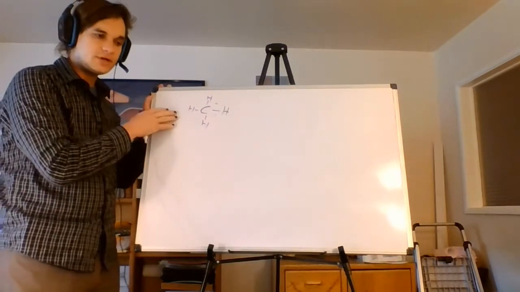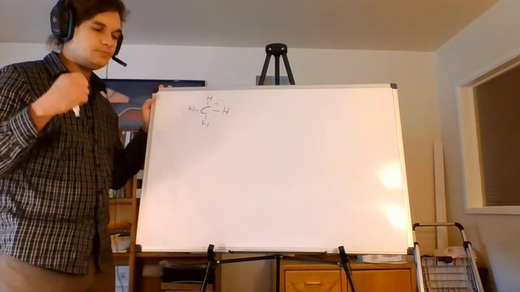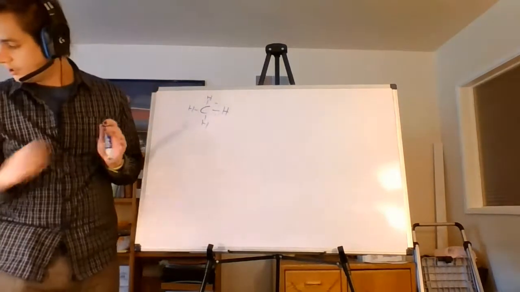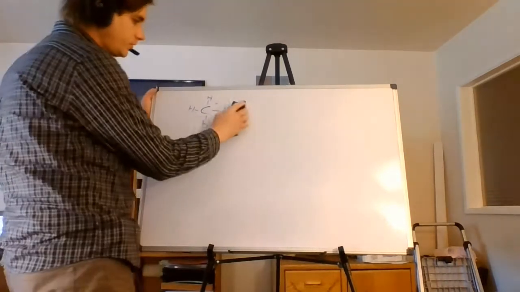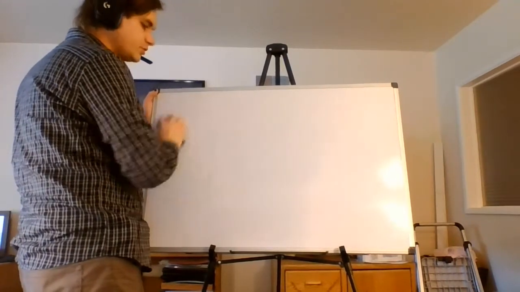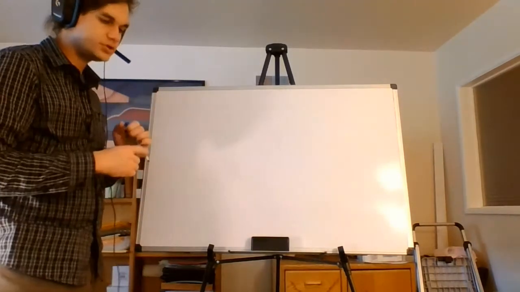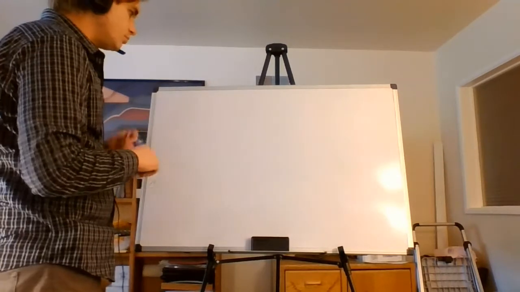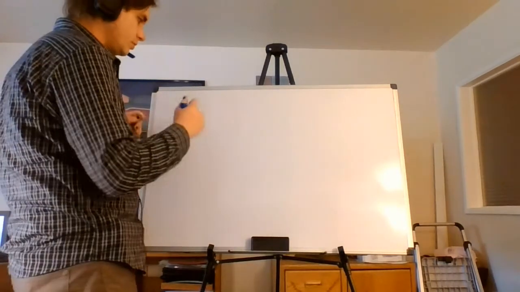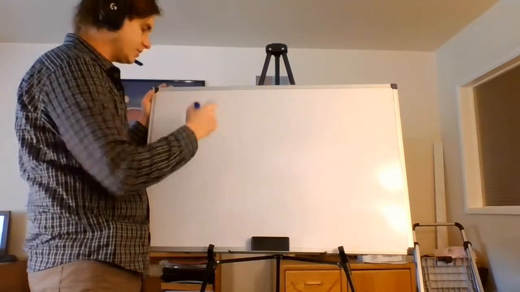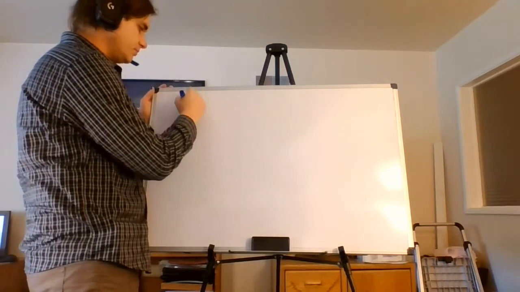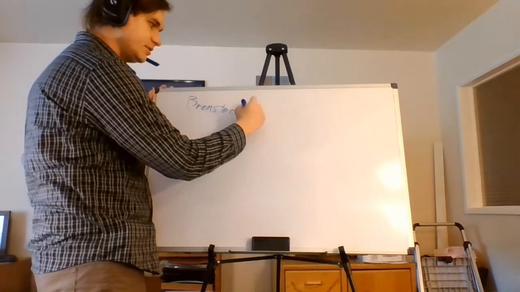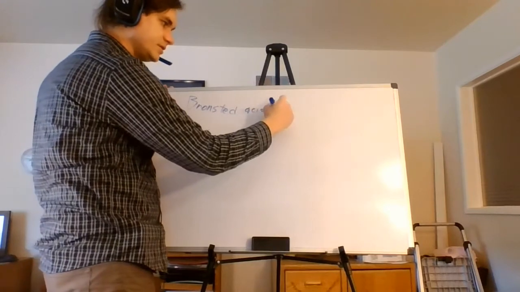This is accurate for the nonmetals, but for metals, it's a little bit more complicated. And for the metals, in order to really understand it, we need to talk about Lewis acids and bases. So what we've talked about before was Bronsted-Lowry acids and bases. So in the Bronsted acids and bases,